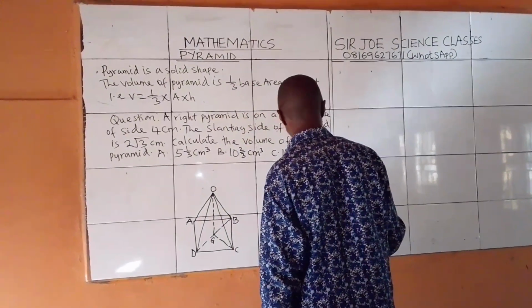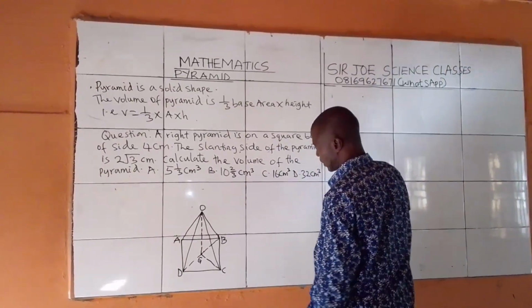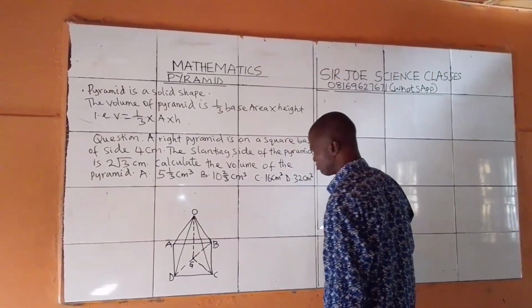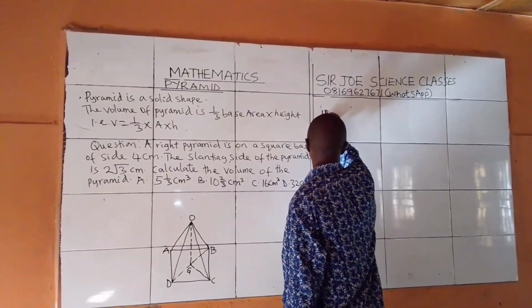Now we need to calculate our BD. So line BD square